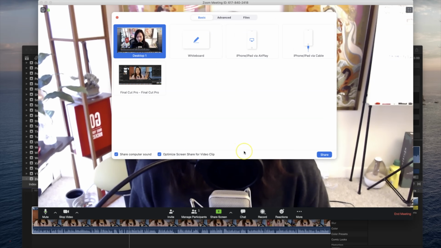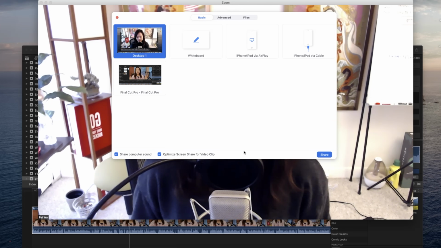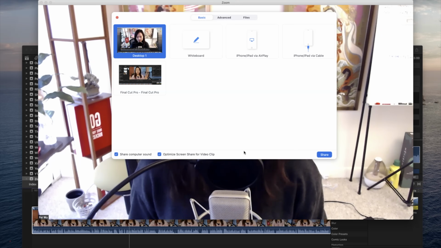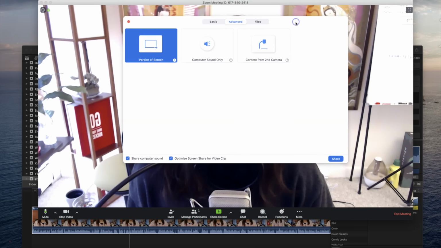This option here is quite interesting because Zoom doesn't spend a lot of time explaining how the video clips are being optimized. But essentially what it means is people have different upload or download capabilities through their home Wi-Fi. Whether your video is really large or relatively small, 1080p or 4K, Zoom is able to optimize the video playback to its best ability. It's able to adjust it for the participants and for you as a host. So if you're going to share video clips or video assets in general during the meeting, it's best to have it checked.